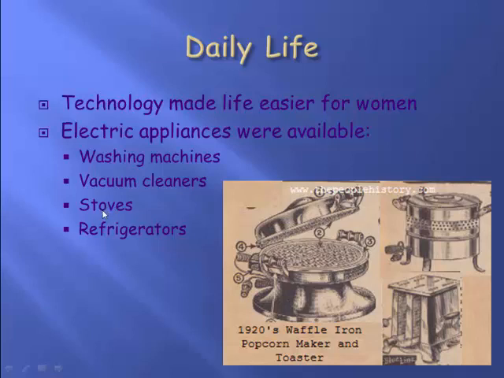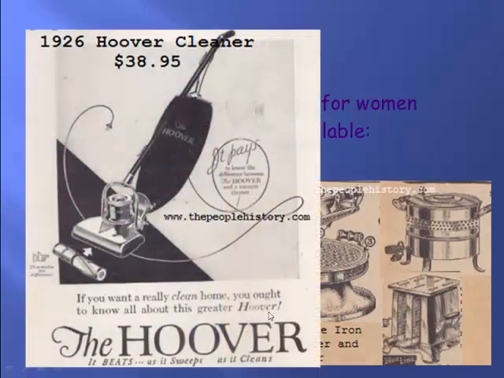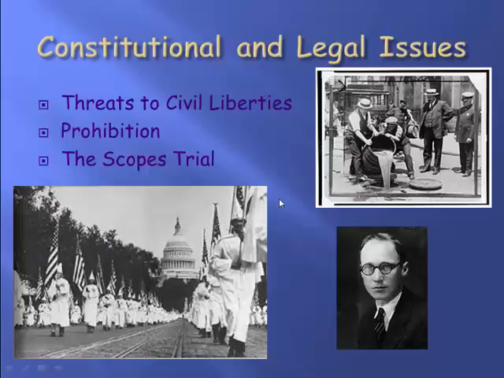There are actually electric and gas stoves that were made, and refrigeration really changes people's lifestyles because now you don't have to have an ice box. You can have a refrigerator. You put food in there. It doesn't spoil. Makes life really easier. And obviously, 1920s, you got your waffle iron. You put your little waffle stuff in there. You make a nice waffle. That's nice stuff, right? The Hoover vacuum cleaner. Obviously, there'll be door-to-door salesmen. This is an advertisement telling you how much the vacuum cleaner costs. I wish vacuum cleaners were $39. I'd go buy a ton of them.